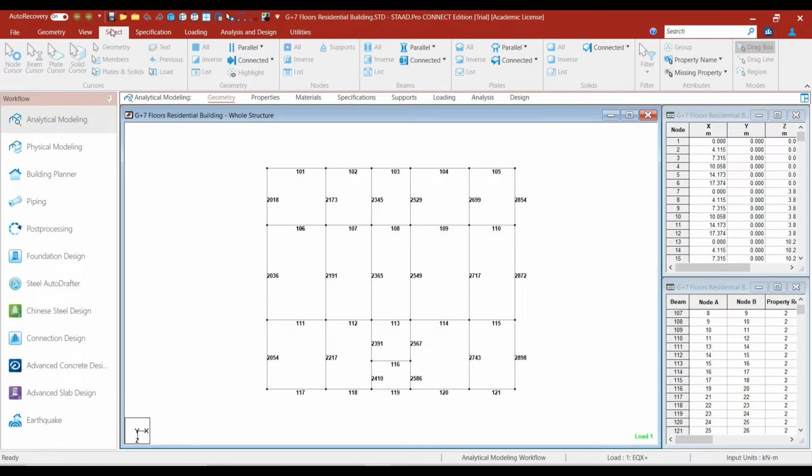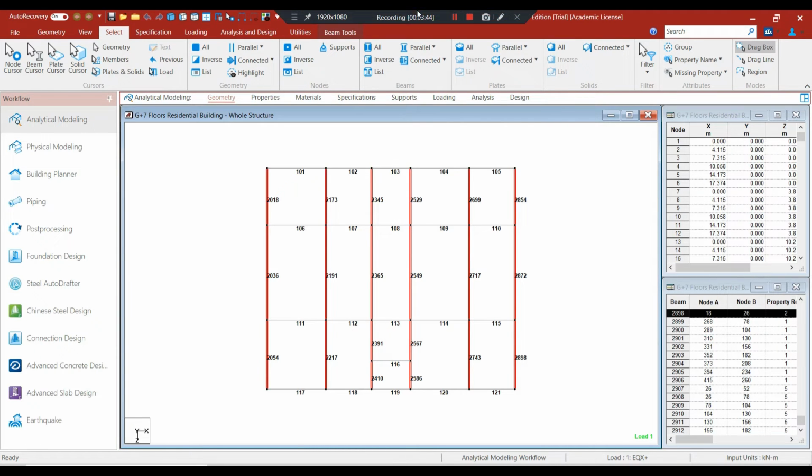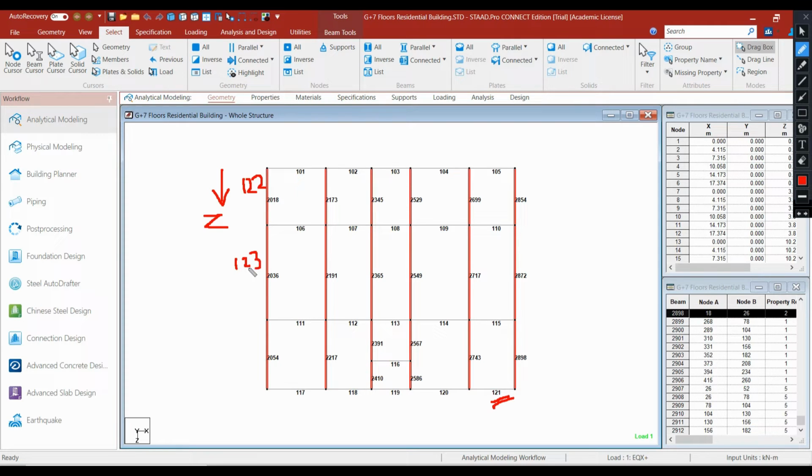Now select beams parallel to z. In order to renumber the beams in the z direction, the last beam that was renumbered in the x direction was 121, so in the z direction this beam will have number 122 and this beam will have number 123 and so on.